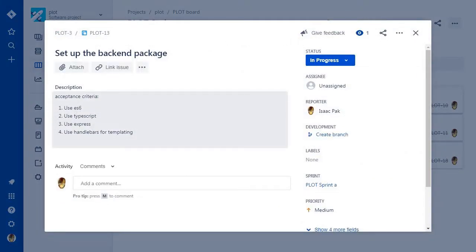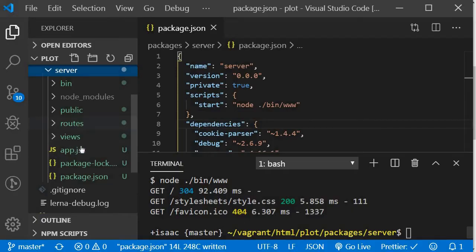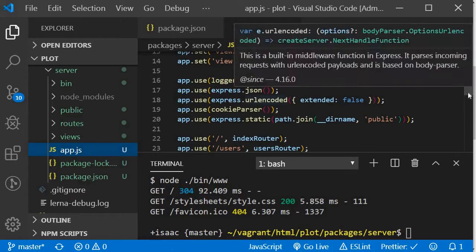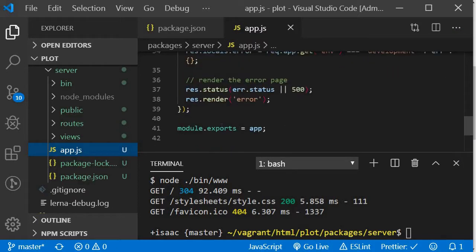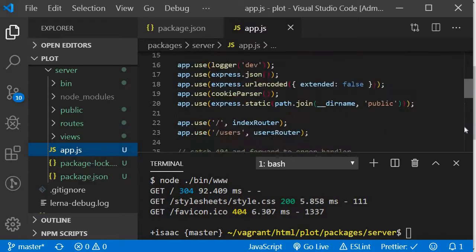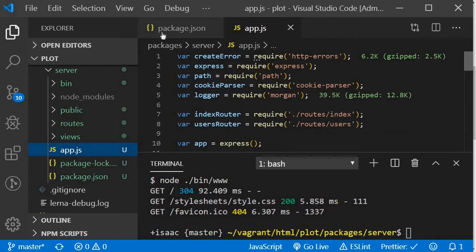we want to be able to use ES6. So if we look on the server file, you can see it uses CommonJS. There's no ES6 in this file with the module.exports. We want to be able to use ES6. We want to be able to use import statements and the new export object. So what we want to do is